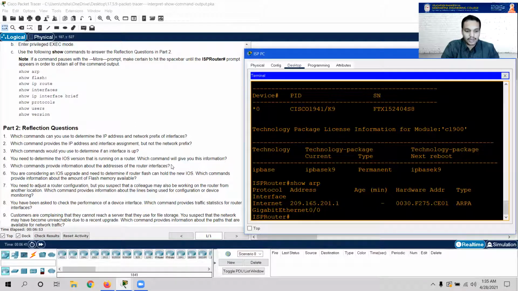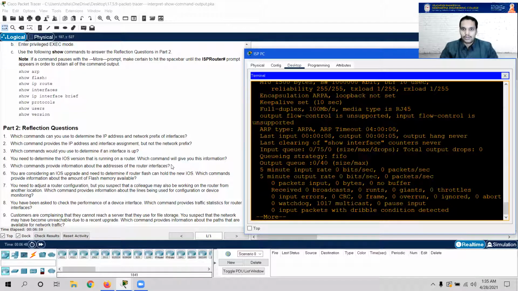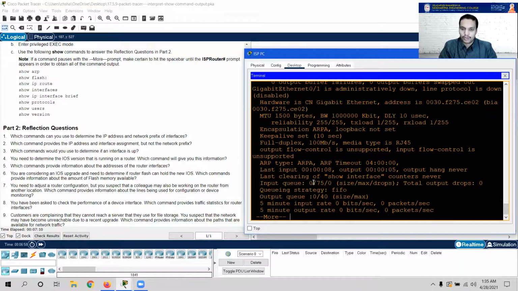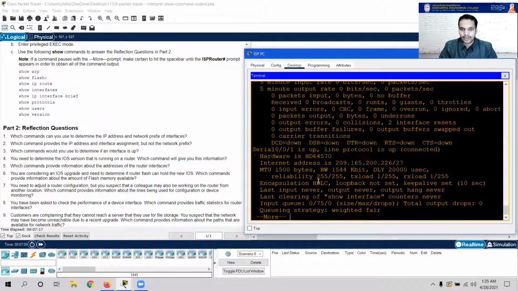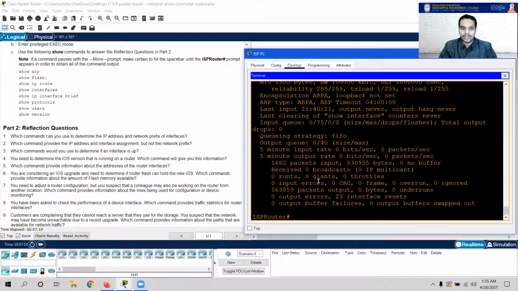And I can actually type in show interfaces. I can do that also. There you go. You can get a lot of information using these commands, but you need to interpret. You need to know which information you are looking for. So based on that, you can select your own choice of commands, or which show command should be used appropriately. There's a lot of information available if you type in show interfaces. So you can go through all these things. That gives you the answer for the 5th question.